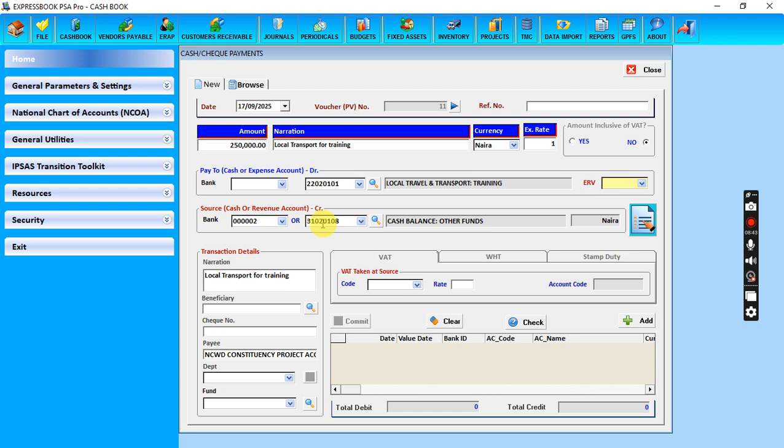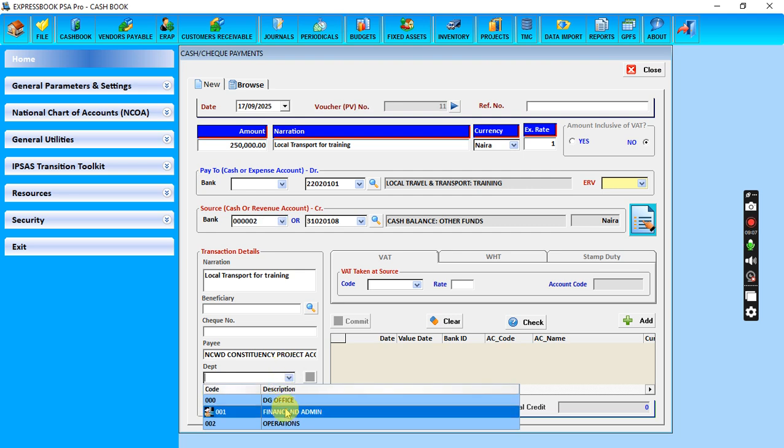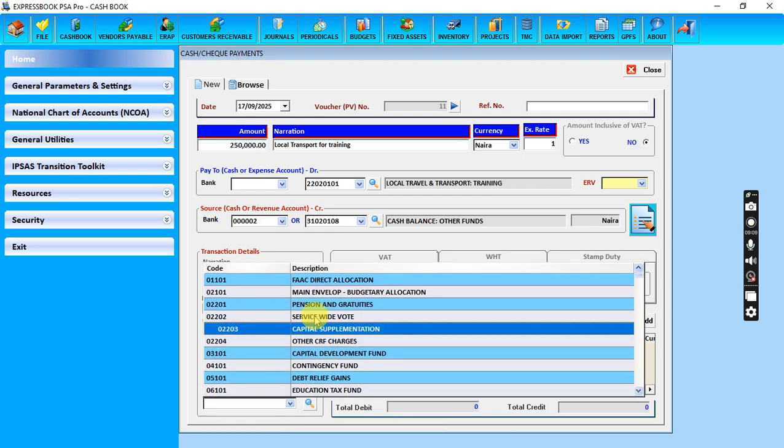So the money is coming from a bank account and is paid for this. You see, when you select bank account, what you select here is account code, that is bank code. It will bring out the GL code, that is the economic code in the national chart of account, which was assigned to it. So again, you select your department, you select your